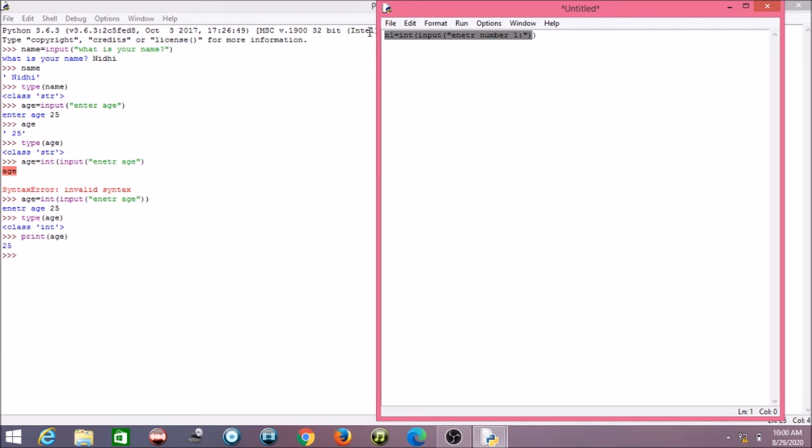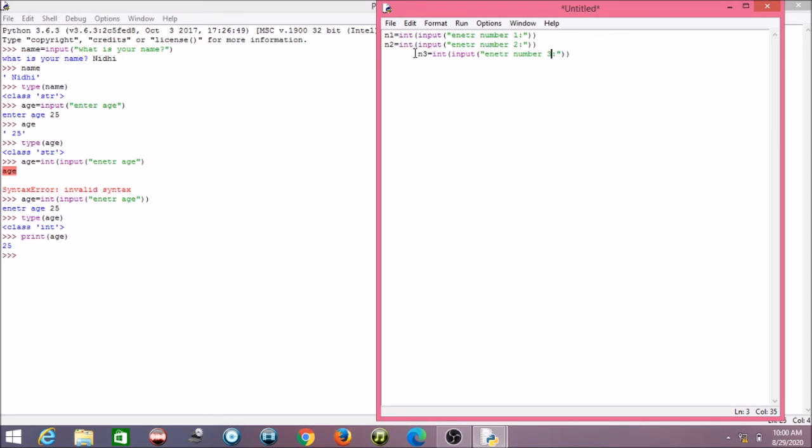We are taking 3 numbers, and then we are performing addition on them. See, this is number 2, this is number 3. Here also we have to change number 2 and number 3.